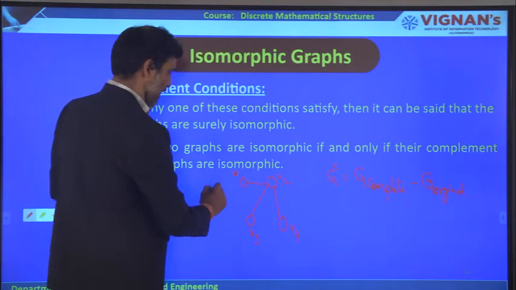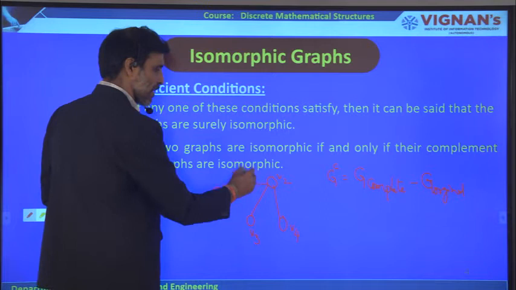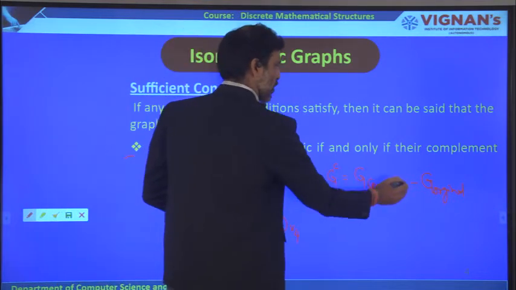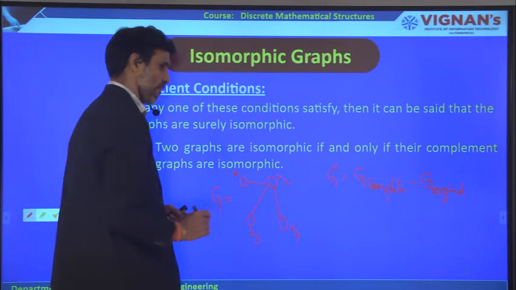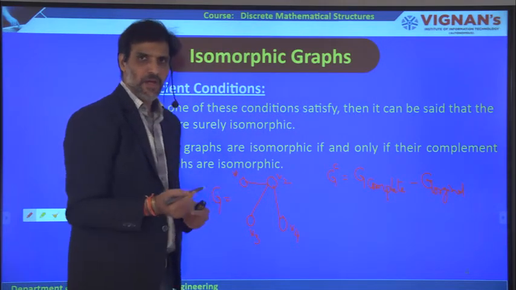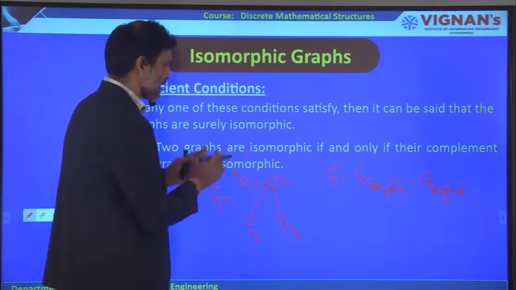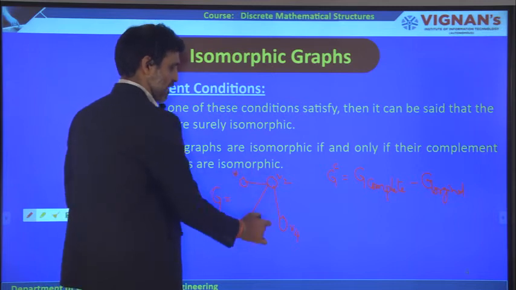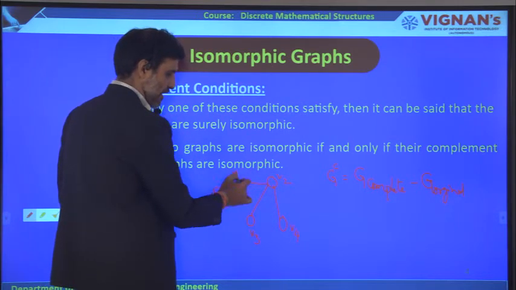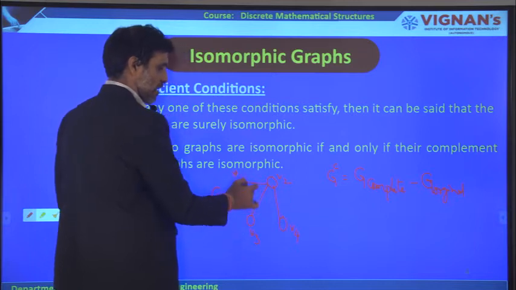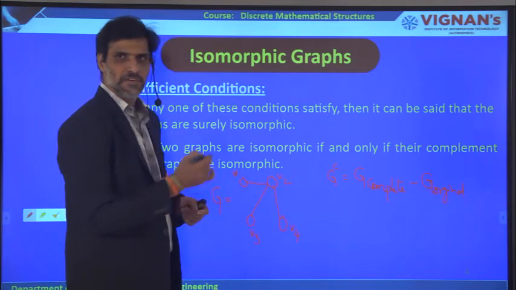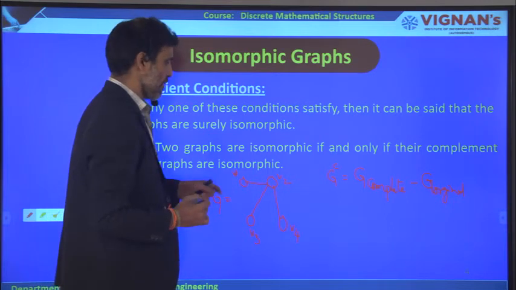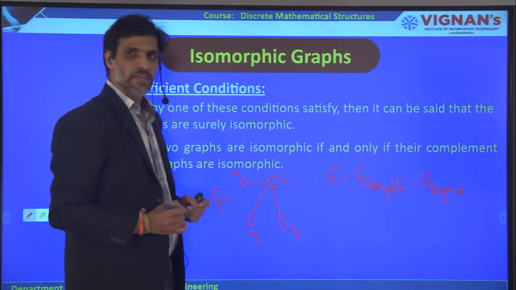See here it is a graph G, and to get the complement of this particular graph, you have to first take the complete graph of the given graph. What do you mean by the complete graph? All the vertices must be connected with all other vertices in the given graph. That means v1 must be connected with all the vertices, v2 must be connected with v1, v3, v4, and similarly other vertices also must be connected with the other 2 vertices, like this. So first you have to take the complete graph.